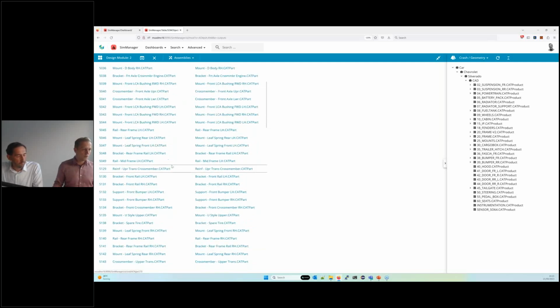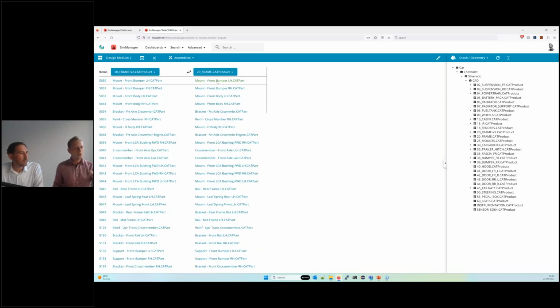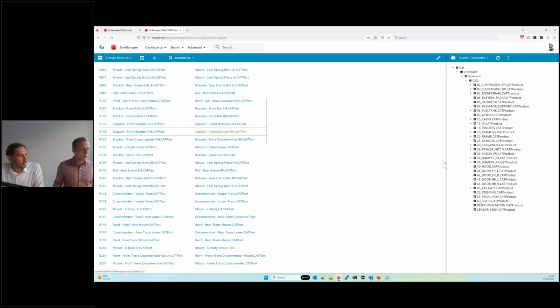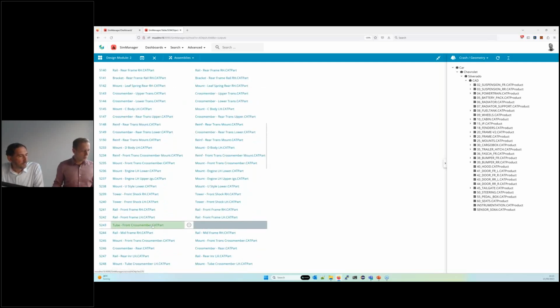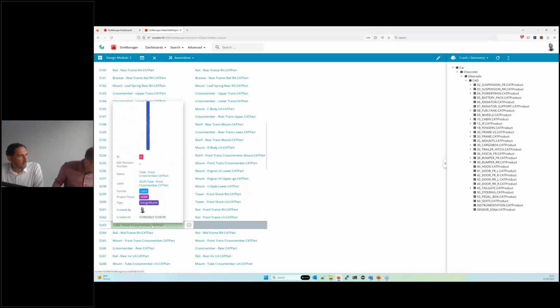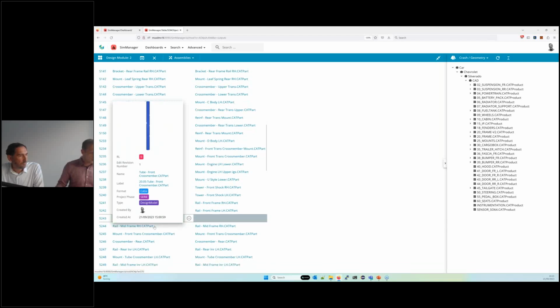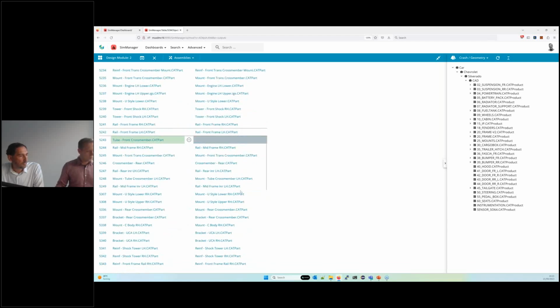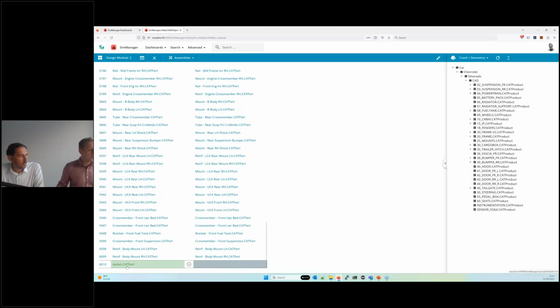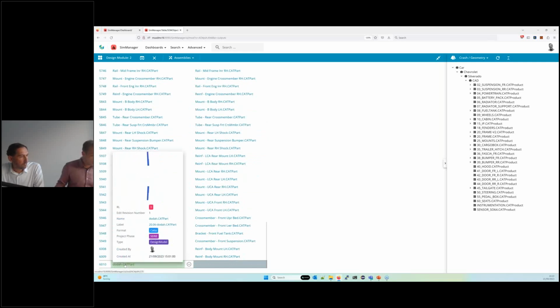So on the left side, we have the V2, the one that we've just imported, and on the right side, the old one. And there we see on the new one, there has been introduced a new tube cross member, and I think it has to be 2 because we've seen 2 cut parts. Here it is, the DODA cut part as well. So if you go over that, we have